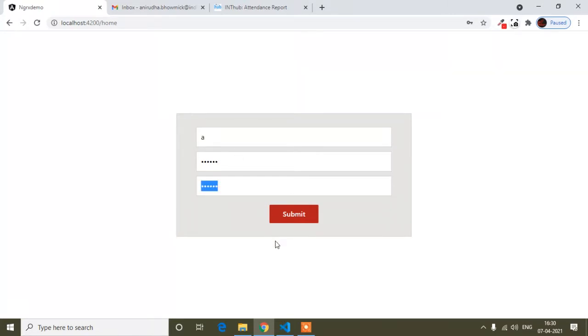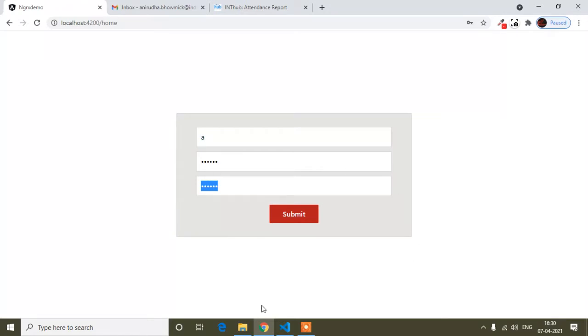In the previous tutorials I had shown you this. If you didn't watch my previous two tutorials, you have to go to my playlist and there you will find reactive form. I already made a separate playlist about this because this is very important. You can watch those, and in this tutorial I will just show you how you can validate a dynamic form. That is, guys, suppose here is a checkbox, and when I click the checkbox, then one field will be required, otherwise if I uncheck, that field will not be required. So that's what I'm calling dynamic.